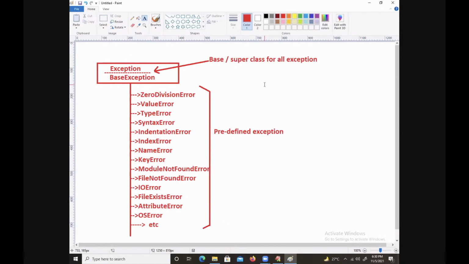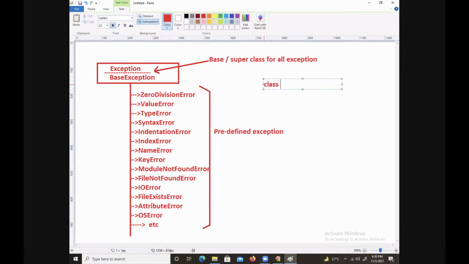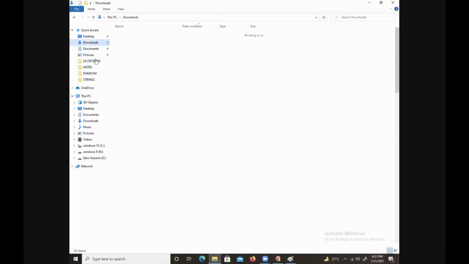Suppose you want to become a musician, class musician you want to become. You require whom? You require a guru, right or not? So for that guru, you need to write inheritance. See the symbol of it. In the bracket, you need to write the name of the guru, that is a magical guru. This symbol says inheritance. Class musician is inheriting from where?